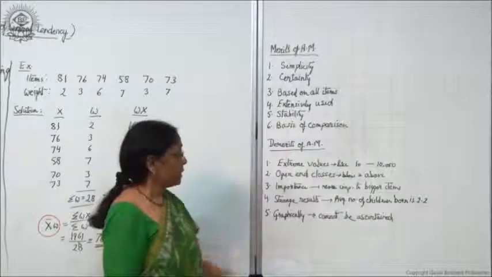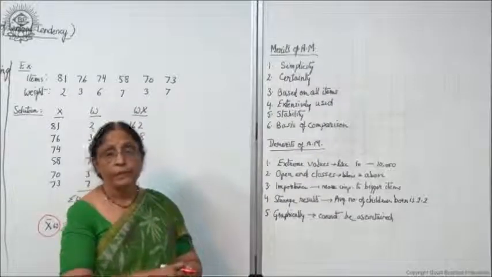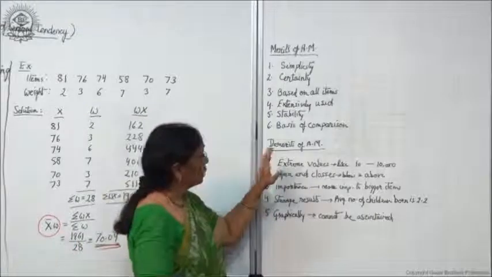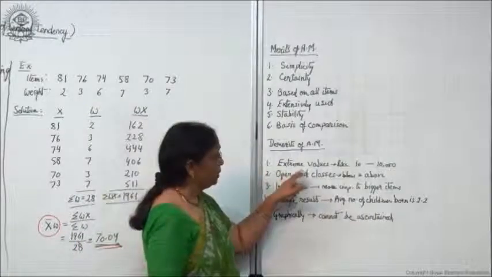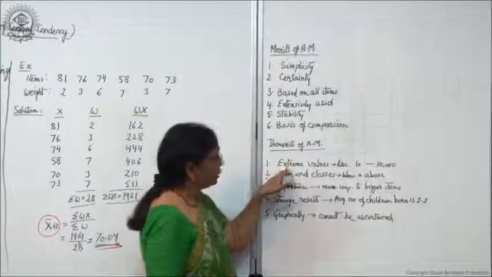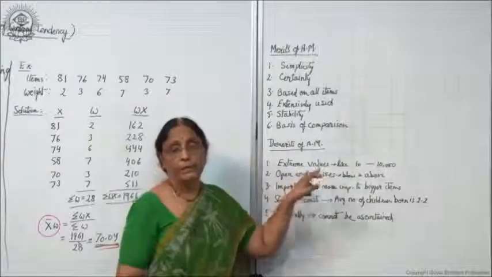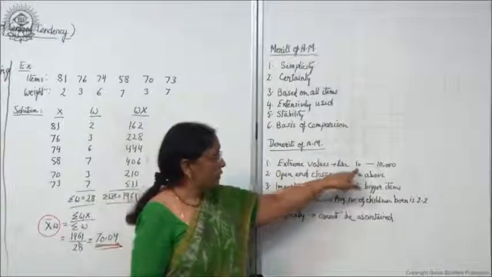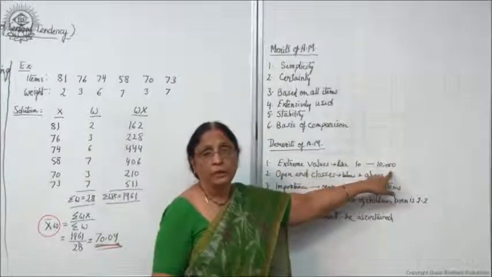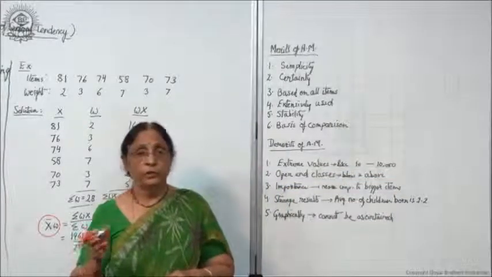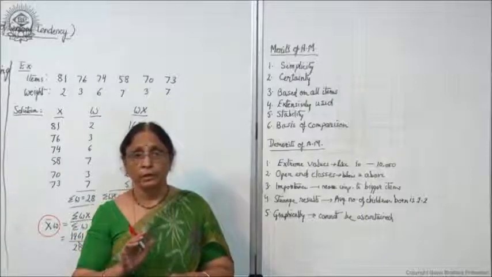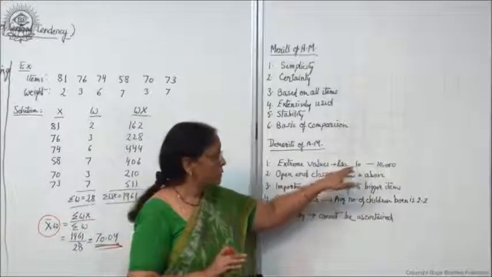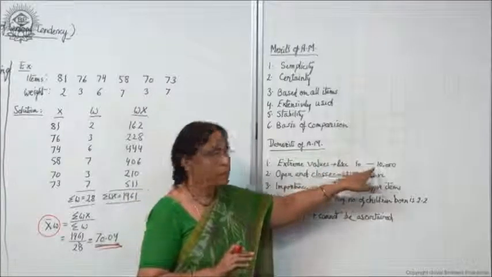Now what are the demerits? Arithmetic mean has some demerits. Now let us see what these are. Though it is widely used, it has certain demerits. One is extreme values. What do you mean by this? Suppose there is data of 10 items, the first value is 10 and the last value is 10,000. If you take out the average, suppose it is roughly 500. This is sometimes misleading, because the lowest value is very low and the highest is very high.